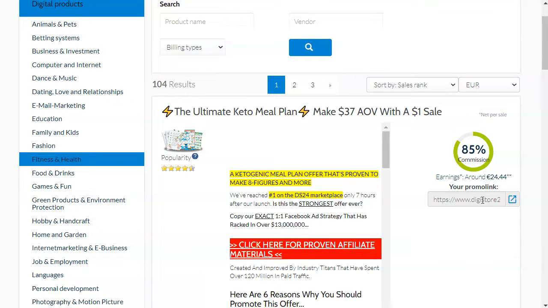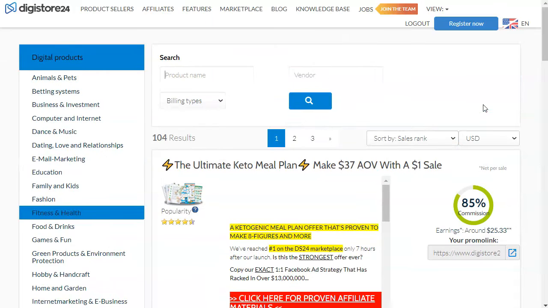So you can just copy this promo link as it says, which is your affiliate link, and of course you need to find traffic to this link in order to be able to find people that will be interested in clicking on that link, purchasing something from it, and of course you're going to earn your commission, which is in this case 24 euros, but of course you can even select the currency that you want, and you can see that it means like $25. So of course I'm going to show you what you need to do next, and the next step actually is